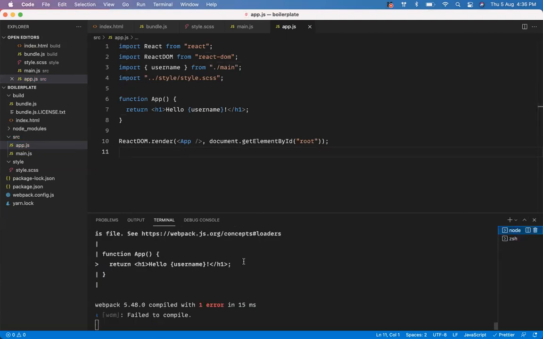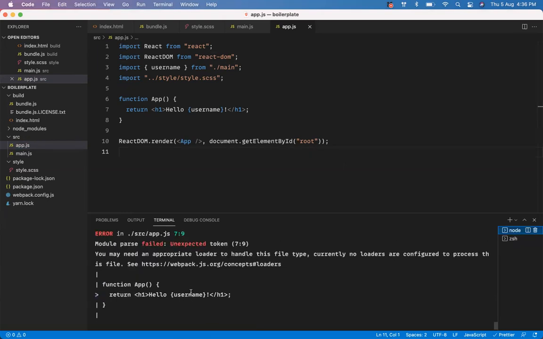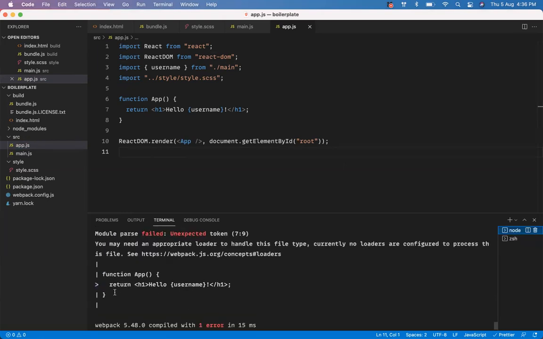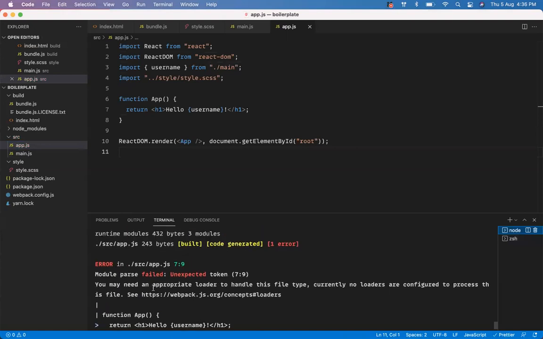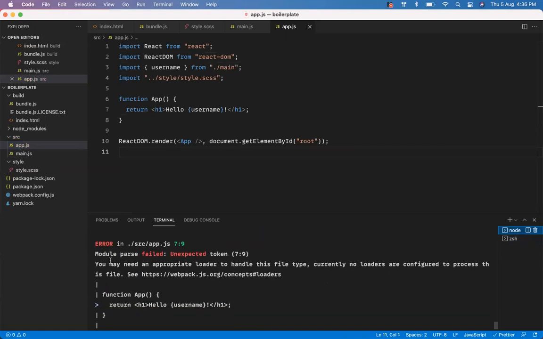Here the first thing it is saying is that it's not able to understand return. The first problem it is saying is module parse failed, unexpected token. You may need an appropriate loader to handle this file. So can anybody tell me why it is not able to load this file?